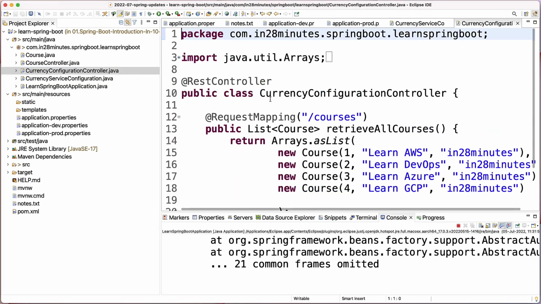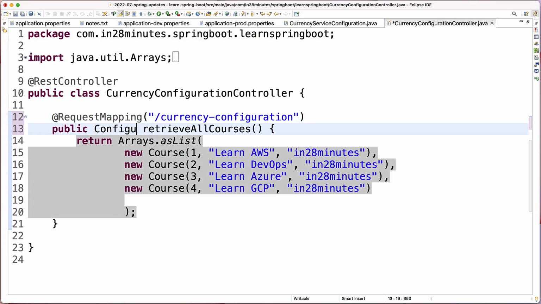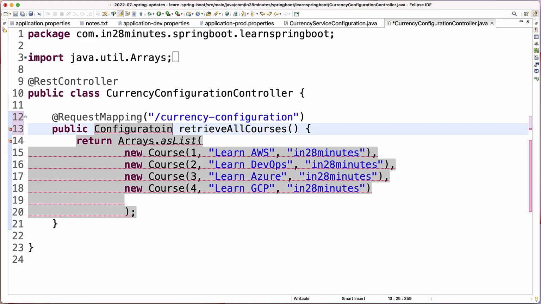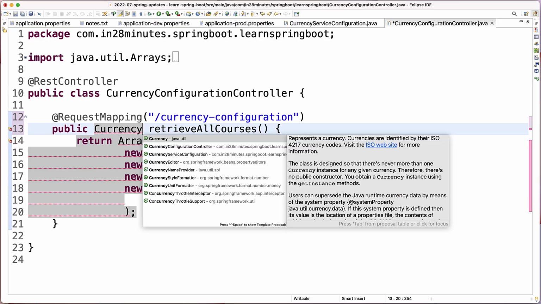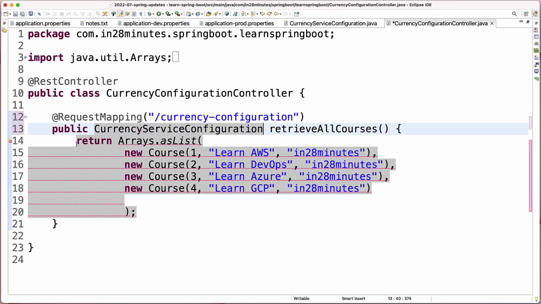I'll open up the CurrencyConfigurationController, and over here we'd want to actually return the currency configuration back, and this would not be returning a list of courses, this would be returning the configuration. This will be returning CurrencyServiceConfiguration,